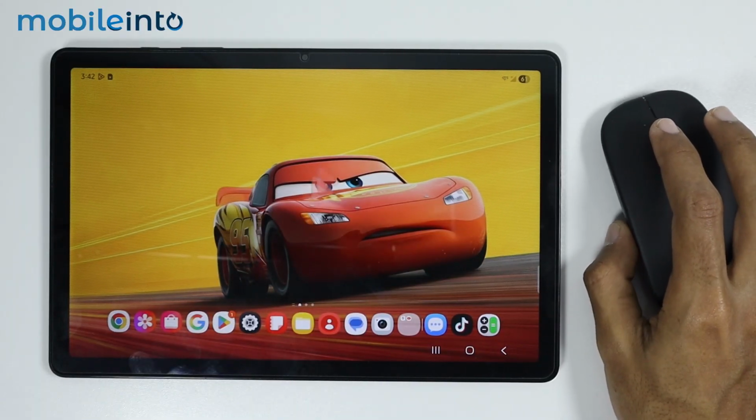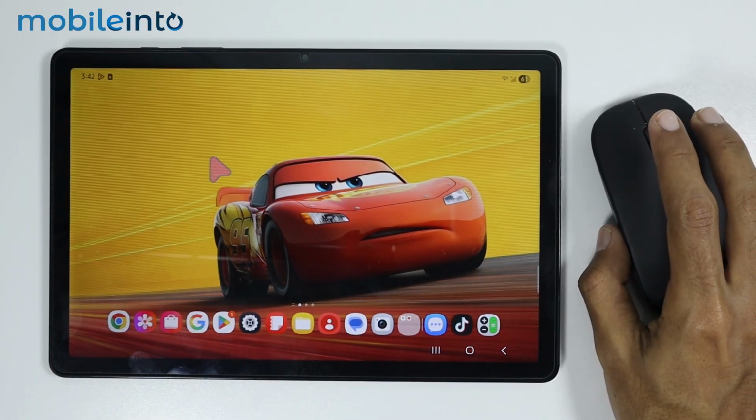And this is how you can change the mouse pointer size and color on the Galaxy Tab A9 or the